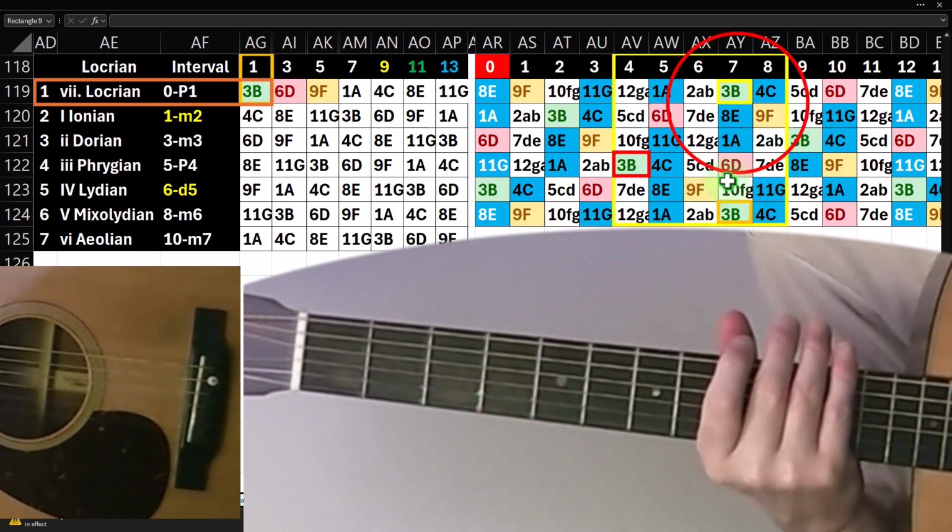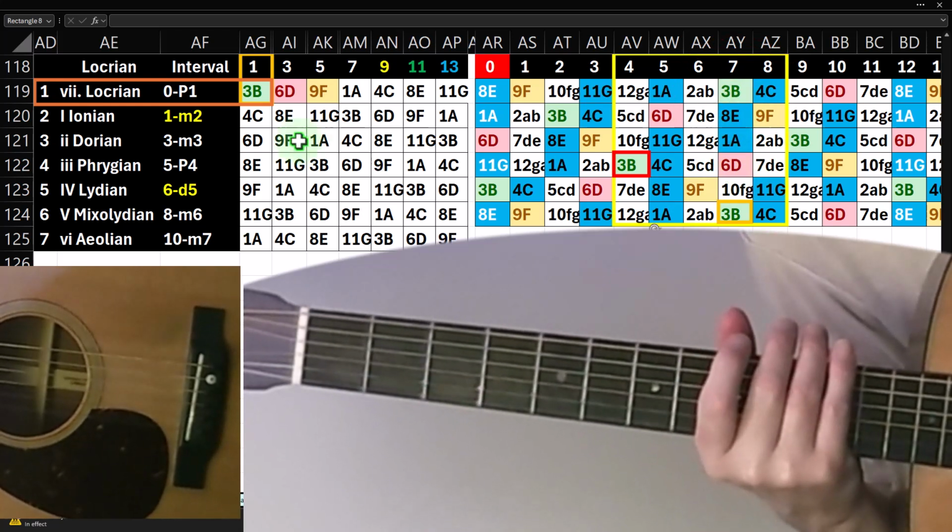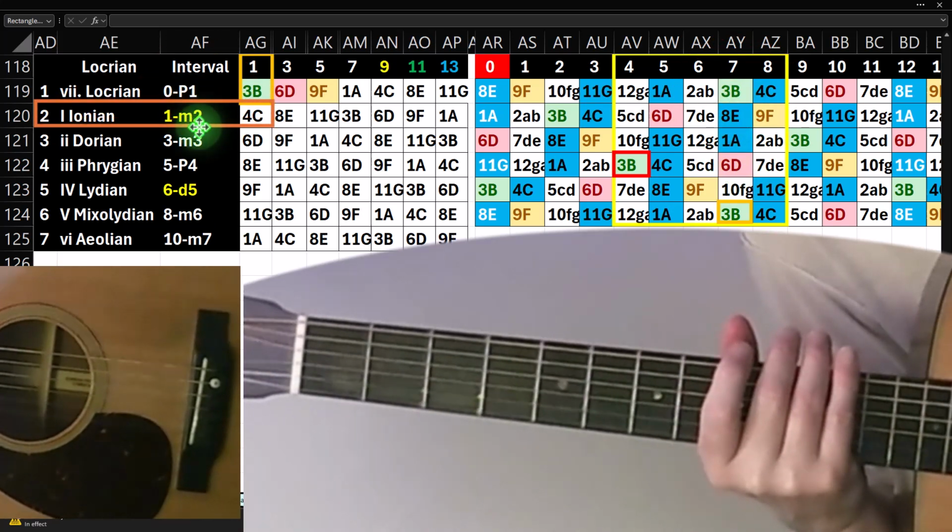Now let's go to we have the distinctive interval next time, which is going to be the minor second